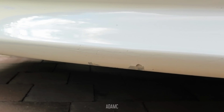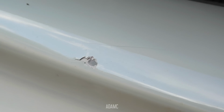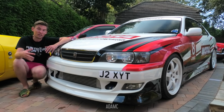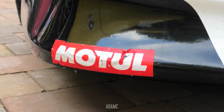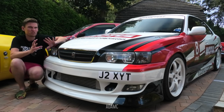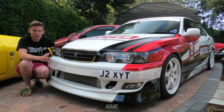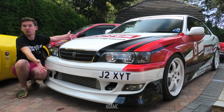And then the body kit itself, especially the front bumper, has cracked quite a bit from all the stress, because I've got BC Racing coilovers on the car and it's quite low. It's firm, it could be firmer, but I didn't want it too firm, and as a result it does whack underneath, so that creates stress marks and cracks in the bumper itself. So it's all kind of small visual things that you won't necessarily know. I won't direct your eyes to every single part of it because then that will ruin your fondness of the